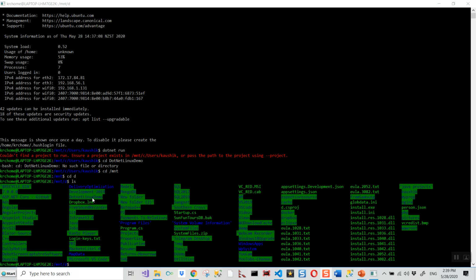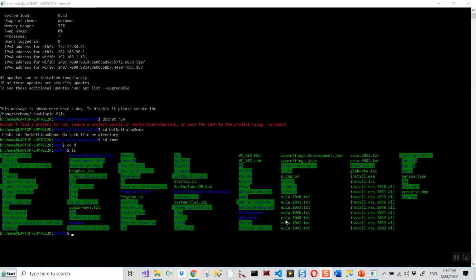Okay, so now let me issue this command again. You can see /mnt/d, and within the D drive I now have to change the directory to the .NET Linux demo.